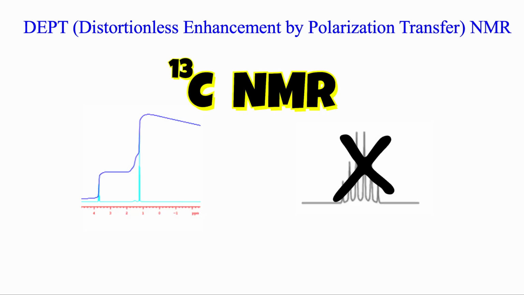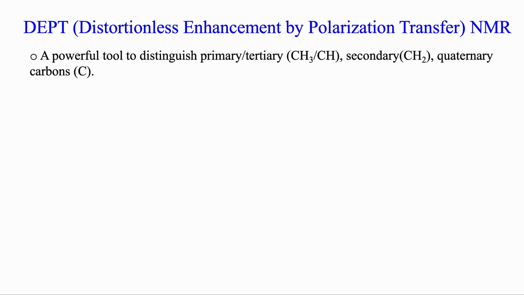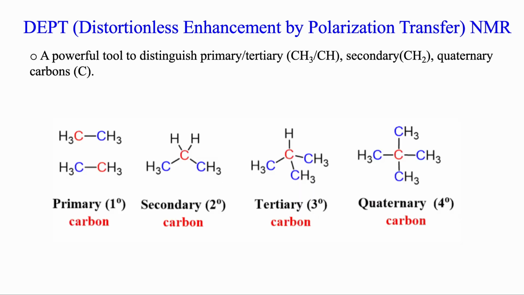In this video, I'm going to explain to you the peak assignment for a carbon-13 NMR and the DEPT NMR. First, let's briefly explain the DEPT NMR. Due to the lack of integration and splitting pattern in a typical carbon NMR, the carbon signals can be difficult to assign. DEPT is a very powerful tool to distinguish between primary or tertiary, secondary, and quaternary carbons to assist